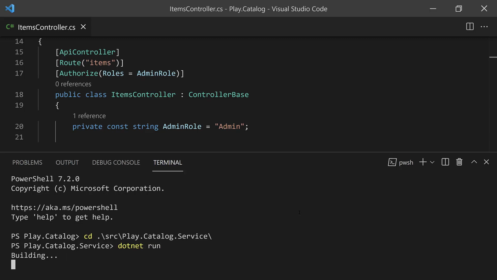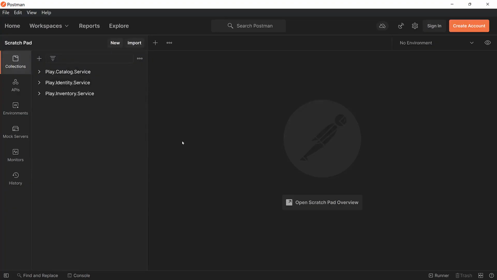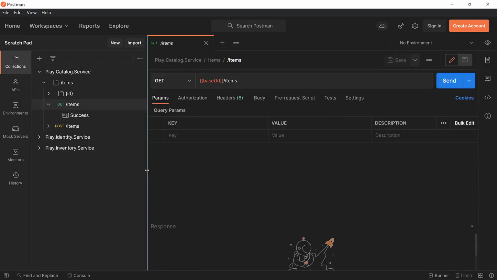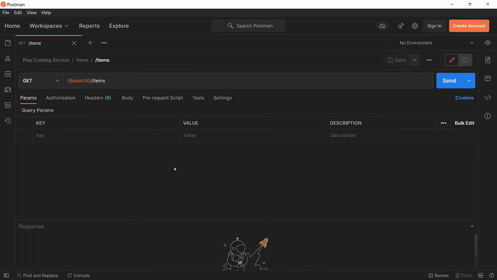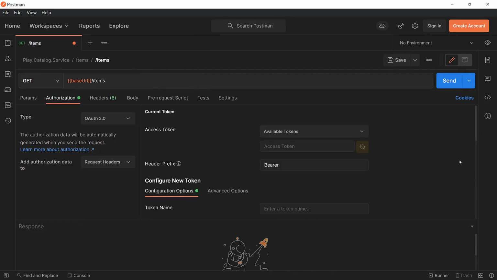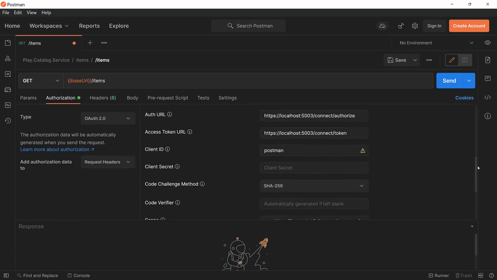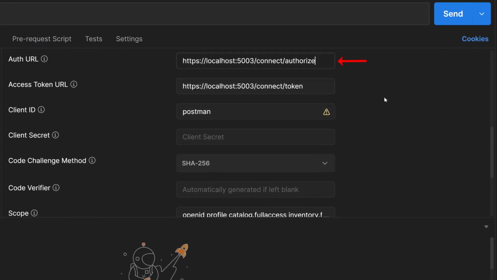Okay, so that starts the catalog microservice, and I have already started the identity microservice too. So I'll just head into Postman right here. And here I'll go into the catalog service Postman collection, into the get operation, and I'll collapse this. And I'll go into the authorization tab to make sure that we select OAuth 2. Okay, and then I'm going to make a couple of changes in the parameters I've used here. So the first one is going to be, if you go down into auth URL, this one right here,